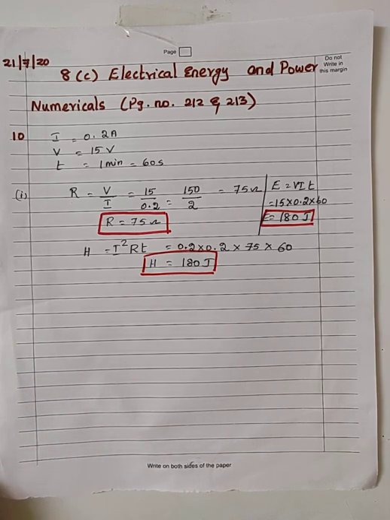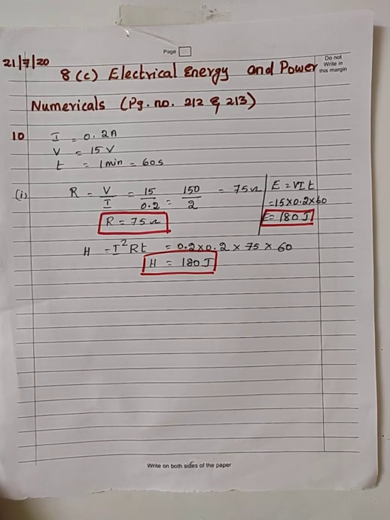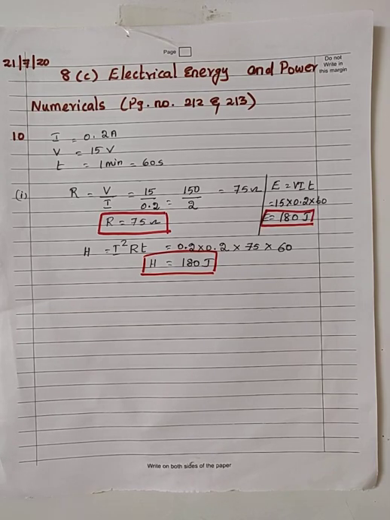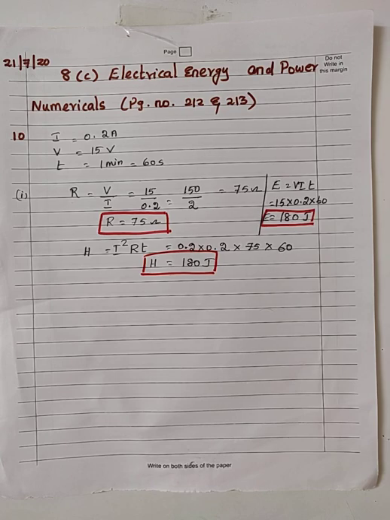Yes. Come to the next question. 11th question. What is the resistance under normal working conditions of an electric lamp rated 240 volt and 60 watt? And the two bulbs are not glowing with the same brightness. That is, each one is glowing with a different brightness. You are asked to give the reason for that. First we write the data.